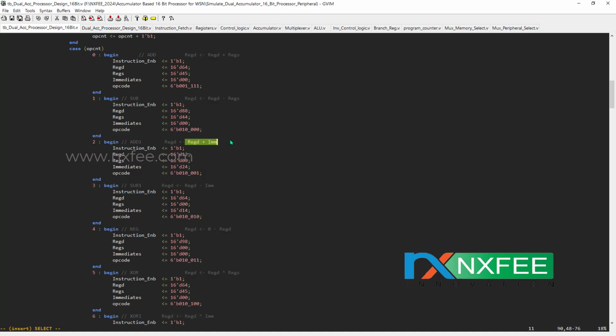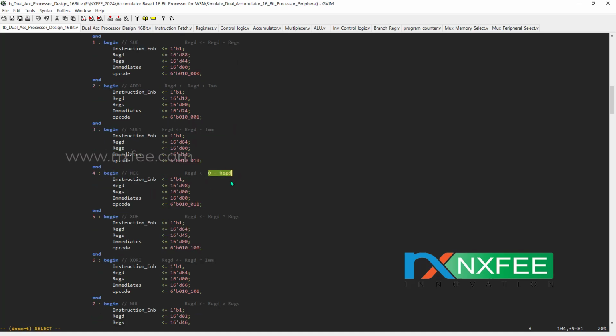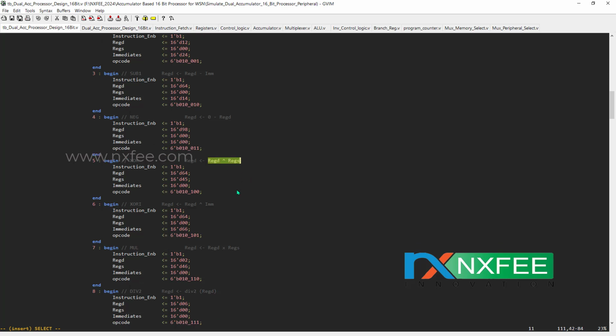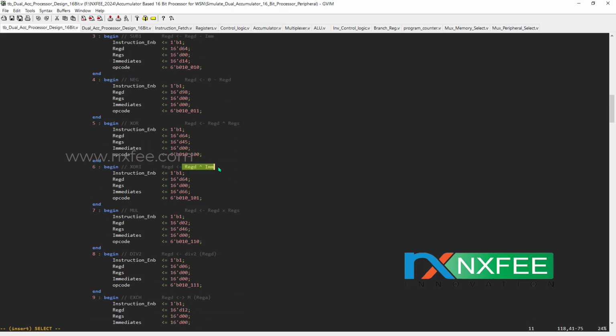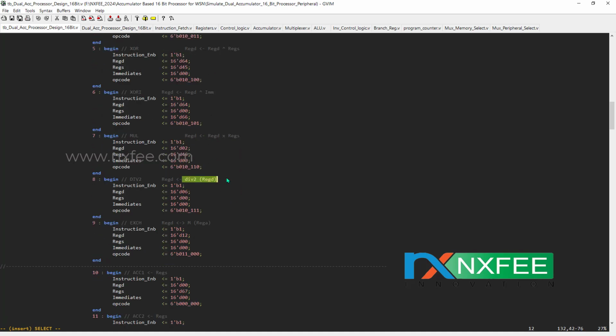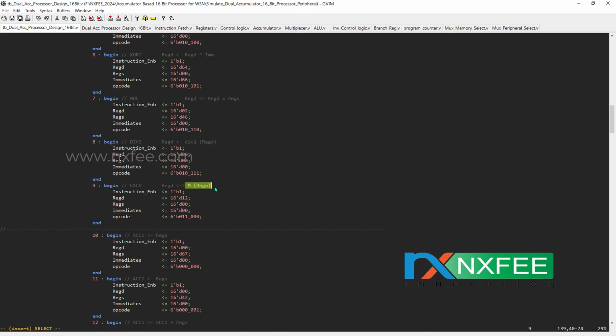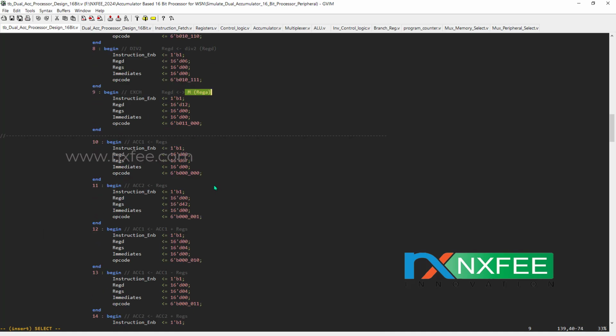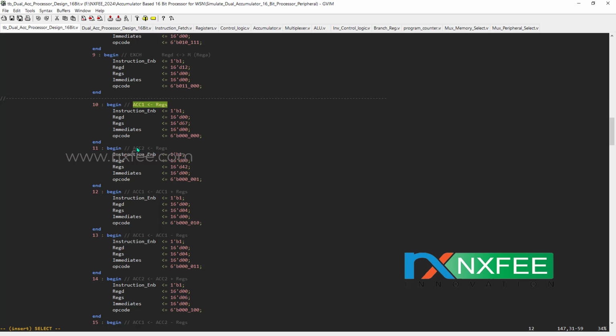Register D plus immediate, register D minus immediate, and 0 minus register D XOR register S. Register D XOR immediate, register D multiplied by register S, and divide register D. And this is a memory exchange. Then the accumulator values: moving the register S data to accumulator 1, and moving the register S data to